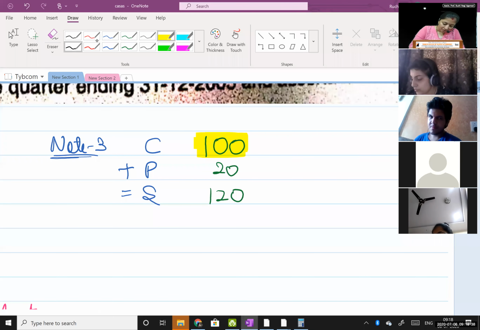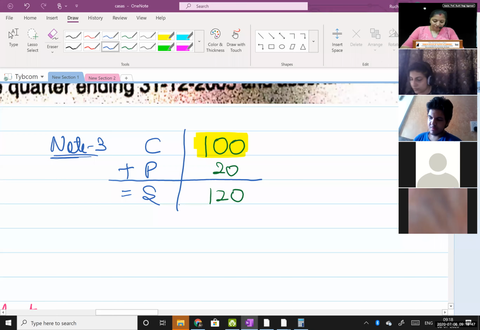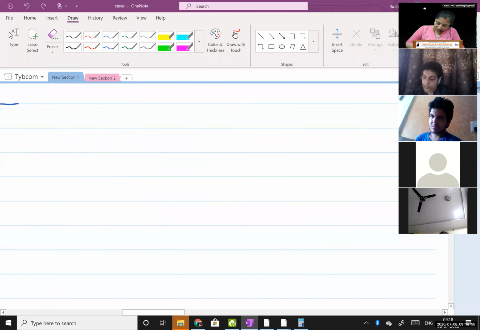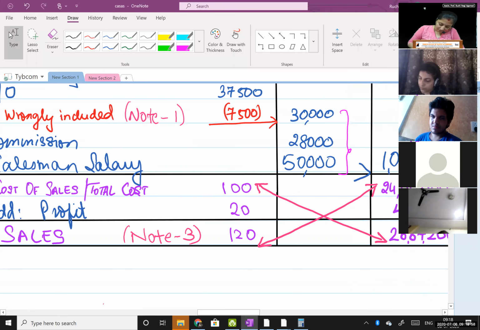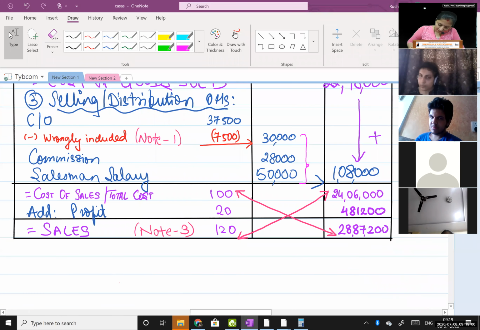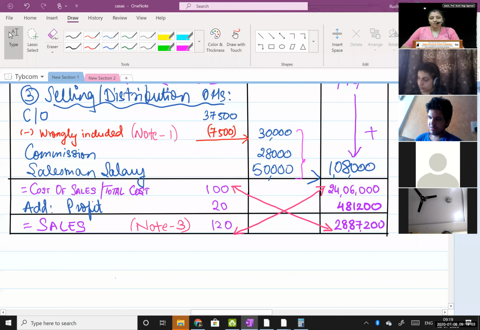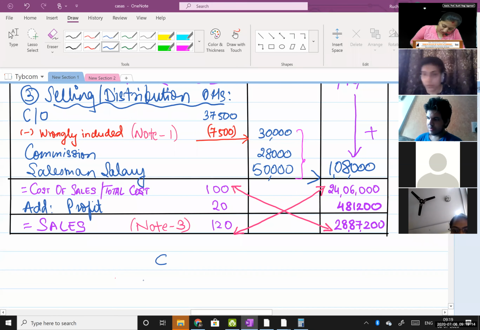The whole idea is about justifying this formula. Clear? C plus P equal to S. That is the same thing I related to you just now in the cost sheet. Coming here, the cross multiplication sign, the arrow which I have shown in red. For anyone who doesn't know how to do cross multiplication, I'm doing it down right now. So C plus P equal to S.